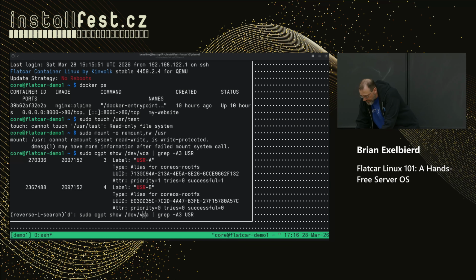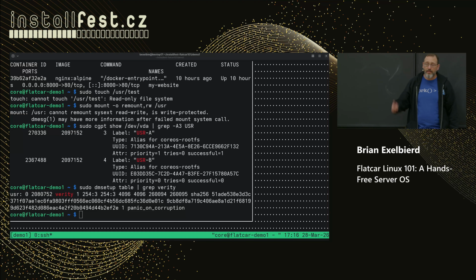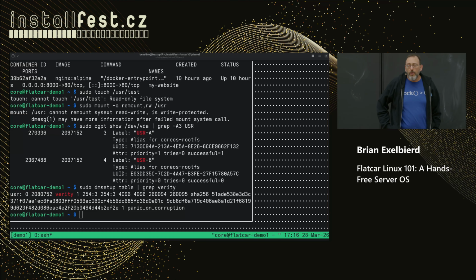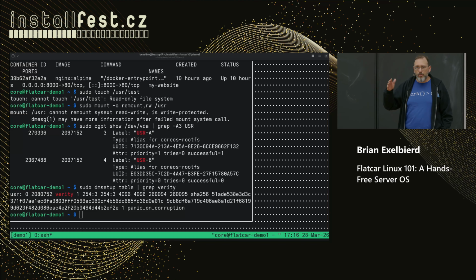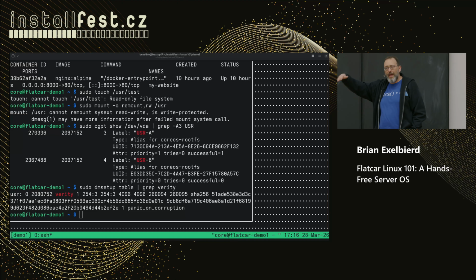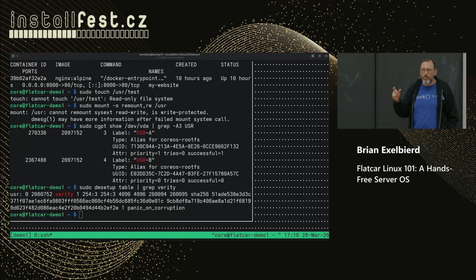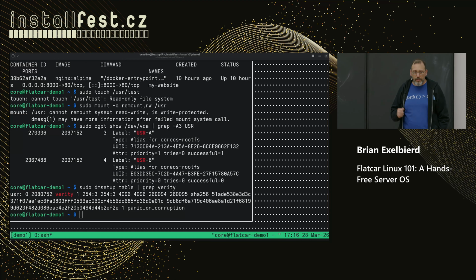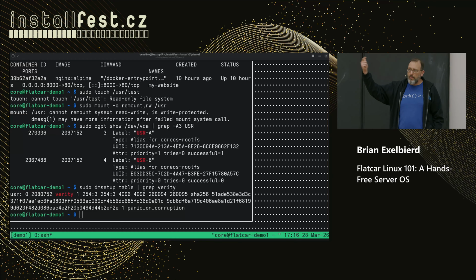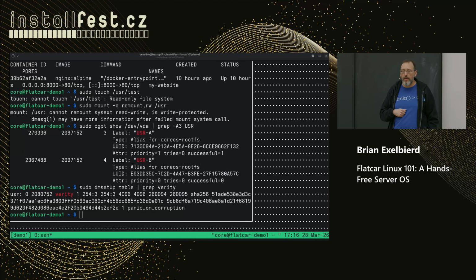Let's try that again. How about that? Look at that. That's a hash. Okay, it's dm-verity guaranteed to you. What this means, the short version as I understand it, there's a whole sequence of hashes through this file system. The kernel can tell if so much as one bit of something it's about to run has changed. And if the file system has been modified, bad disk, malware, doesn't matter what, it will kernel panic and refuse to run instead. Another layer of security for you.